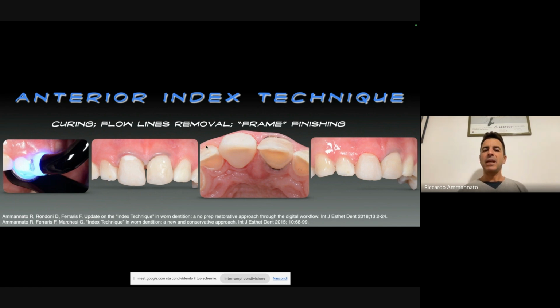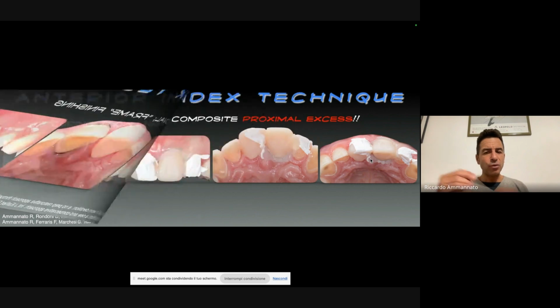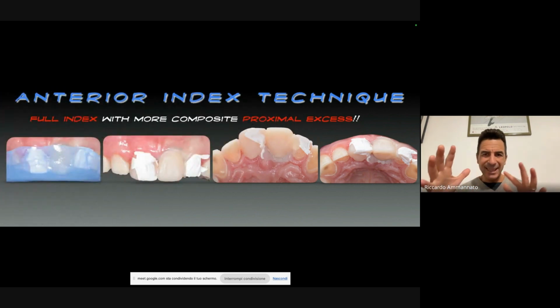This is after a quick finishing, these two images, also from the occlusal view, and this is after removing my flow lines. I usually do the flow lines with a very milky shade, because it's something that then I'm going to remove, as you see here. It's just meant to stabilize my single index, okay? So that's why I usually use a color that is completely different from the color of the tooth.